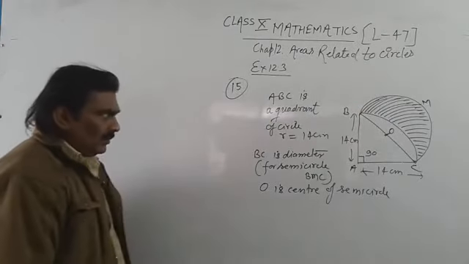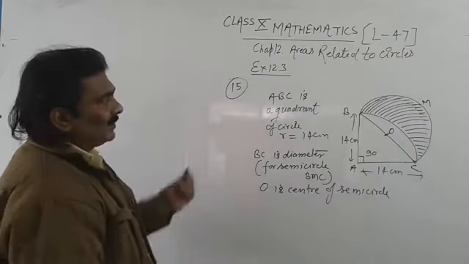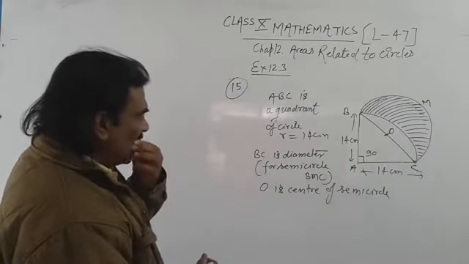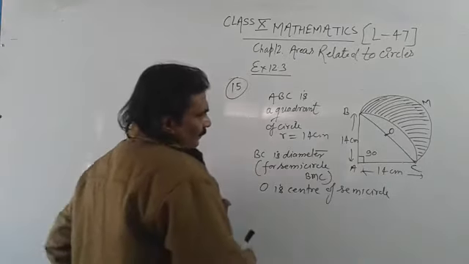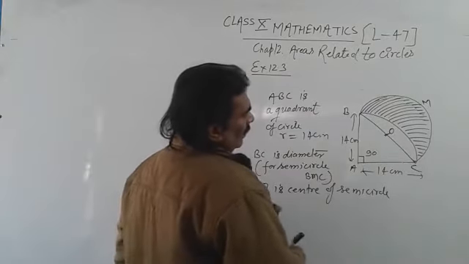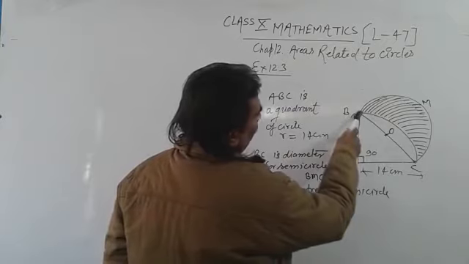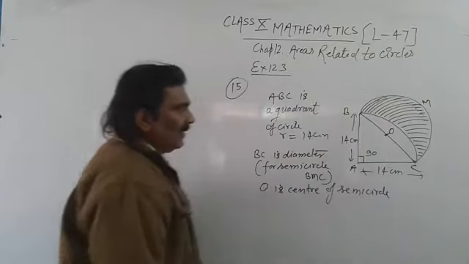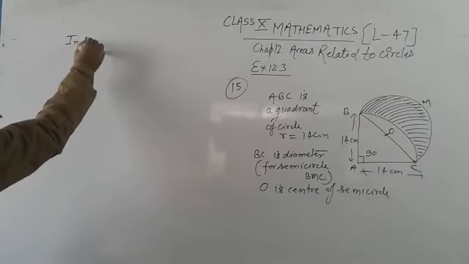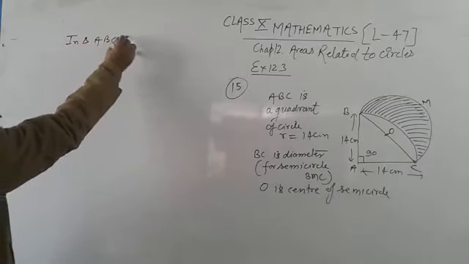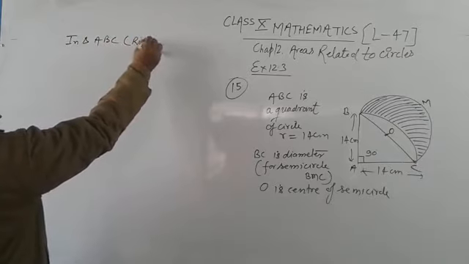Okay. So now we have to find the area of the solid portion. So students, first of all, we will try to find BC, the length of the diameter. So in triangle ABC, which is a right angled triangle,